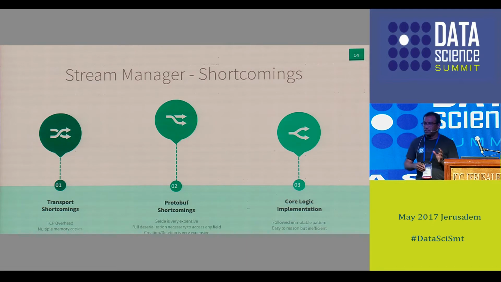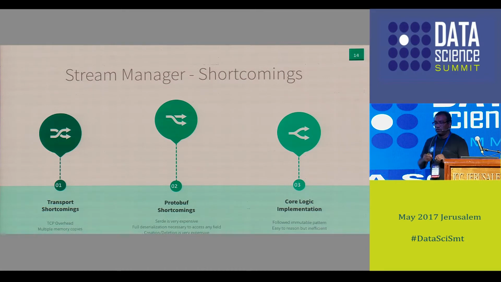One is that serialization and deserialization of data going from instance to stream manager, and from stream manager to stream manager, is expensive. Sometimes, when we look at the field for routing the data to the appropriate stream manager, you have to do a full deserialization before we can access any field in the first place.